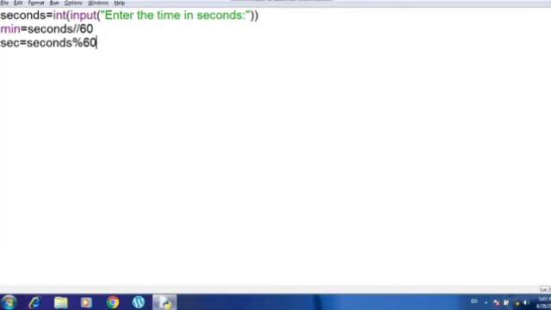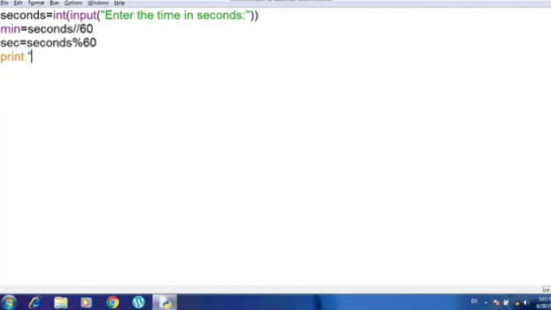It is going to give us the remainder. Now we will write the print statement to print the seconds in minutes and seconds. Whatever format you like, you can print it like that.